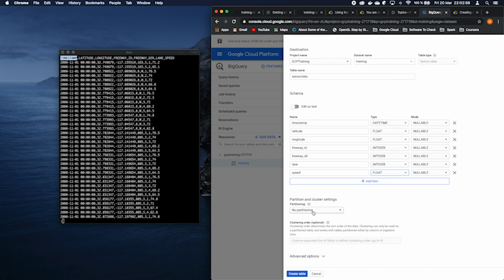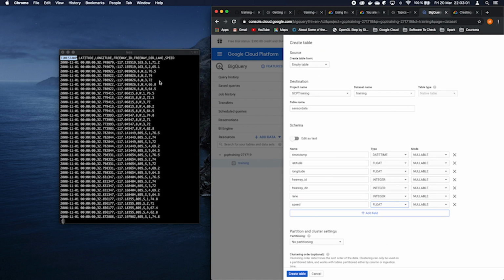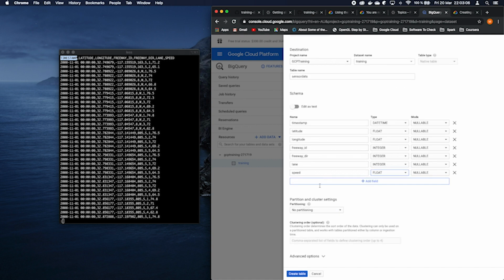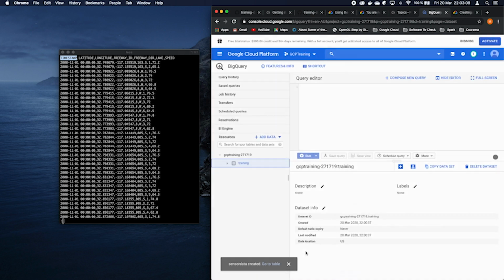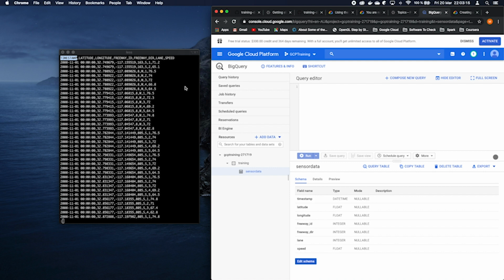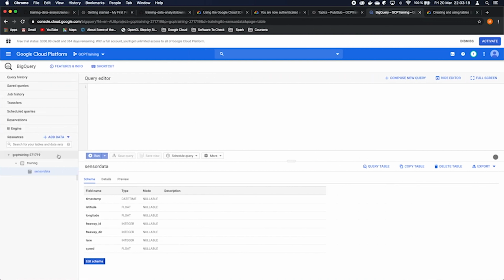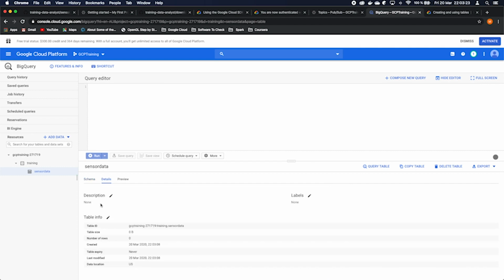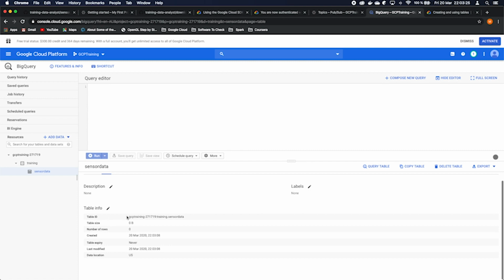Okay, we do no partition now because we are not going to insert more than 3-4 data, so we do create table. We create a table in BigQuery. You can see that we have first of all the schema here, which we can edit anytime. Details are telling us the table ID, and this will be really important, you will see in a minute. Then we can see the creation date, the last modified date, and some other stuff here.